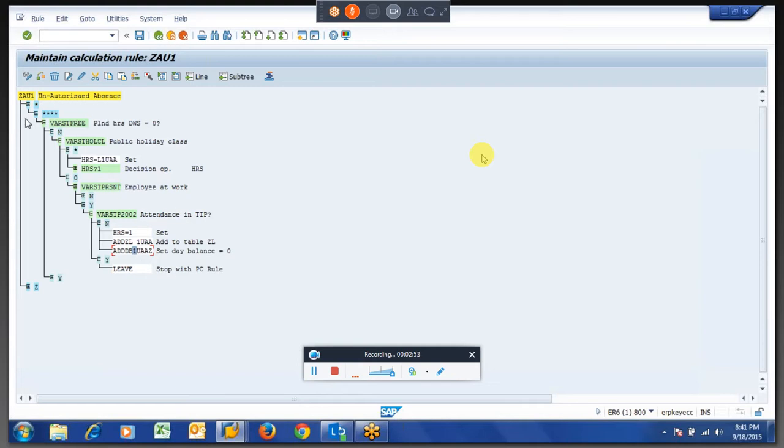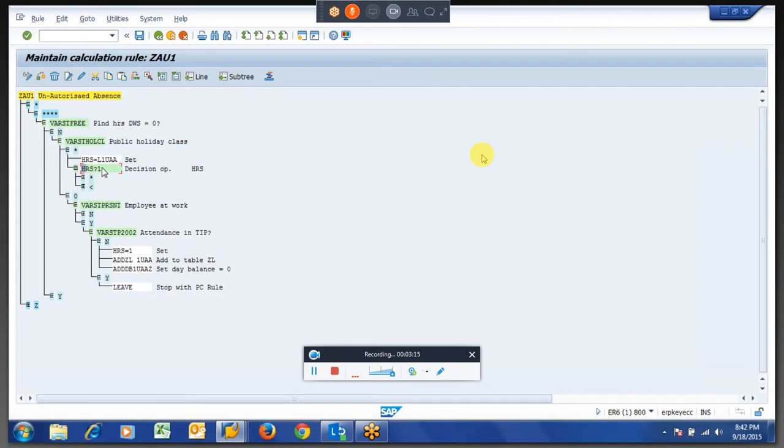Let us say the same rule is read again on the next day. If it is a free day or a holiday, we check the previous day: is there any unauthorized absence? If there is, we compare this time type and store a 1 in this particular time type.